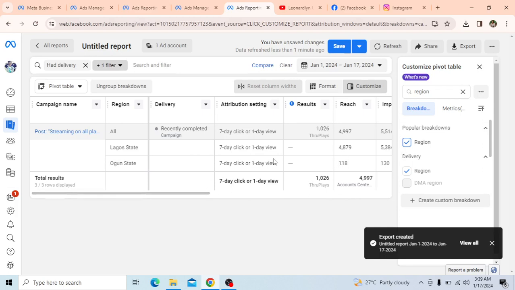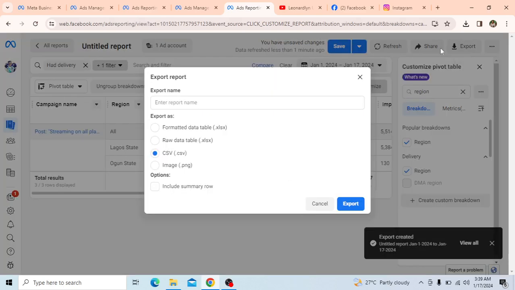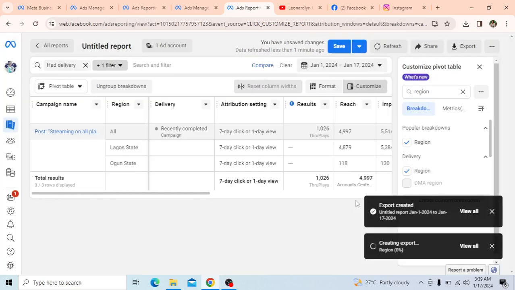So you want to create a report, you come here, you export, then you give it a name, region, whatever it is that works for you. Give it a name for easy recognition. Region, then you export,